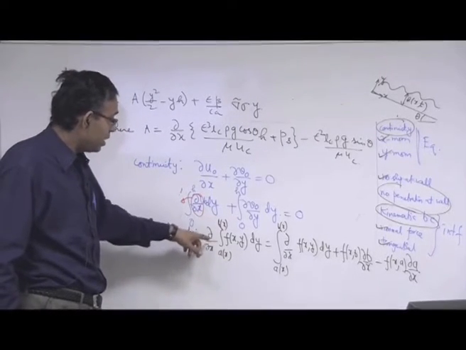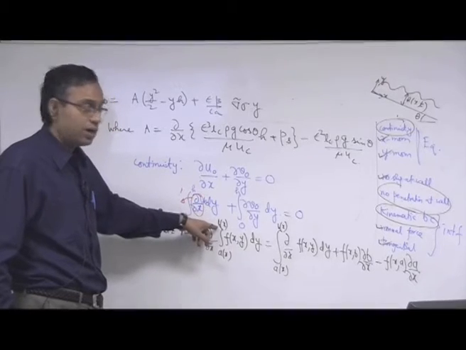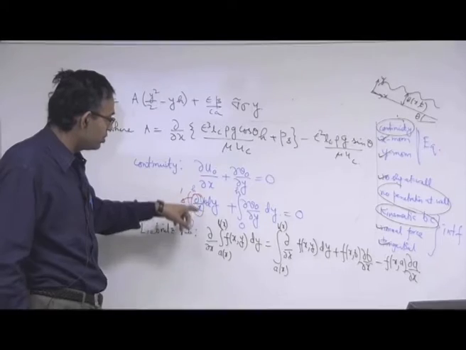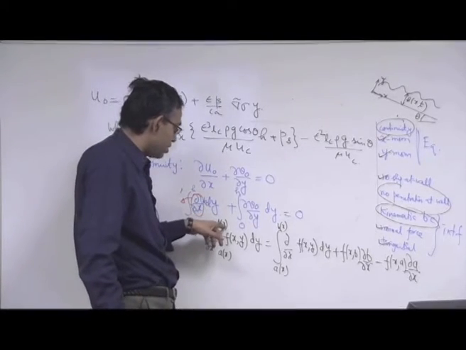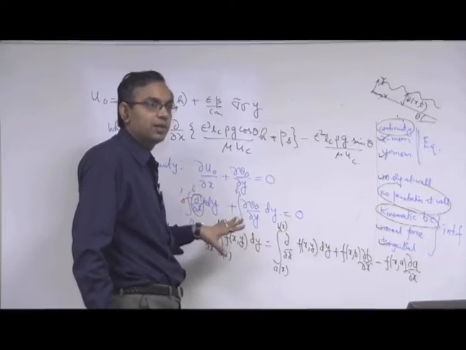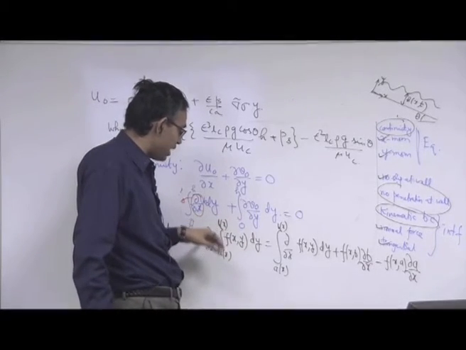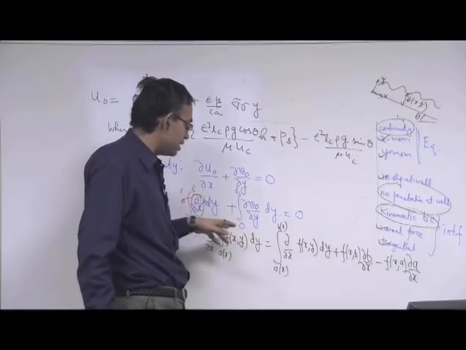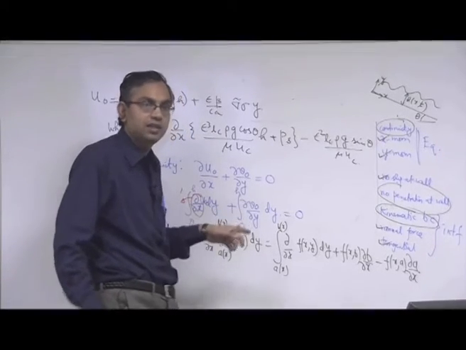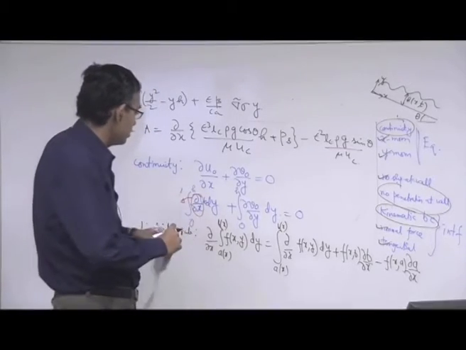It depends on, this is a function of what? In the case that we are going to use, it would have been better to write x comma t. I have not written it here, but this is a function of multiple variables, so it is safer to write this. When this is a single variable function, I should have written b as a function of x and t, b is like h here. So let us write that.